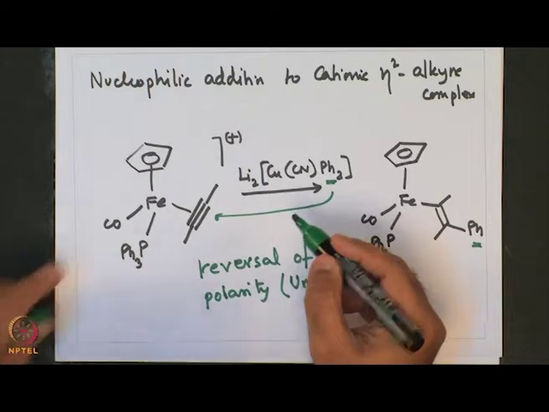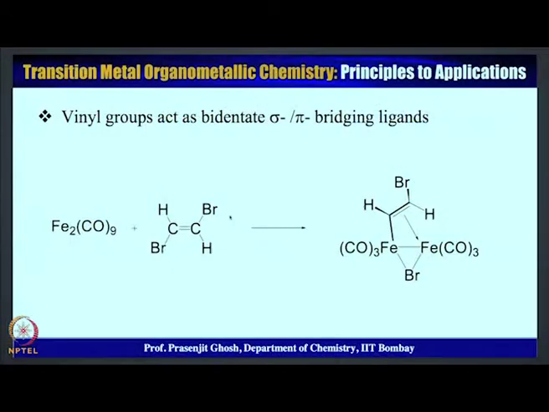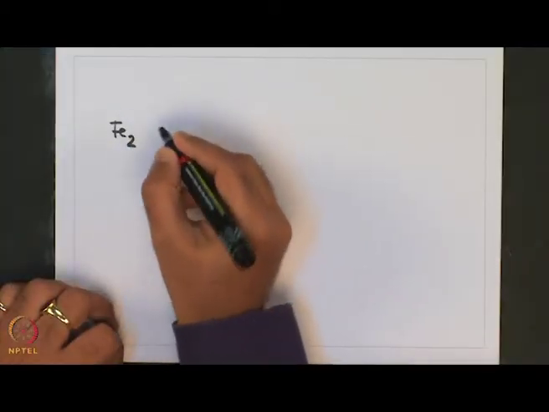So, here is another example whereby this Umpolung nature of alkene and alkyne upon coordination to iron has been utilized in synthesizing this iron alkenyl complex. Another example involves this vinyl group acting as a sigma pi bridging type of ligand, and this is obtained by C-Br addition to an iron carbonyl compound. So, this method involves low valent iron